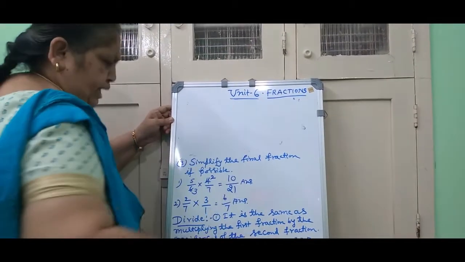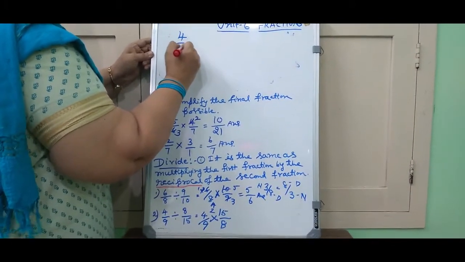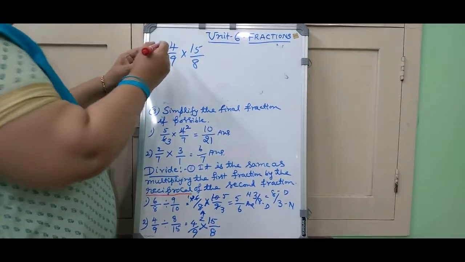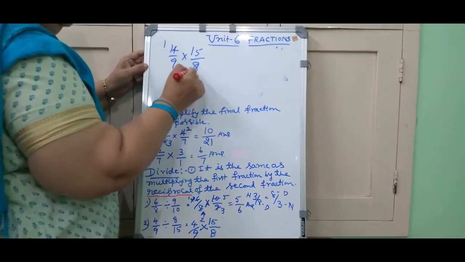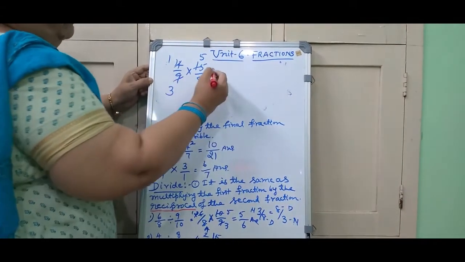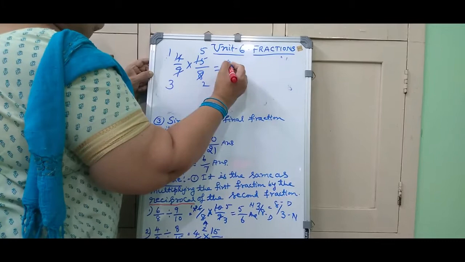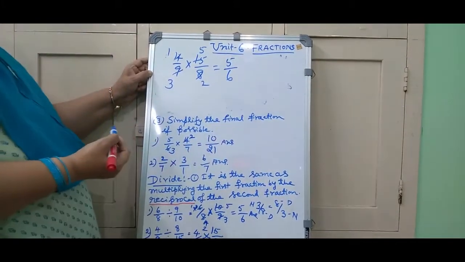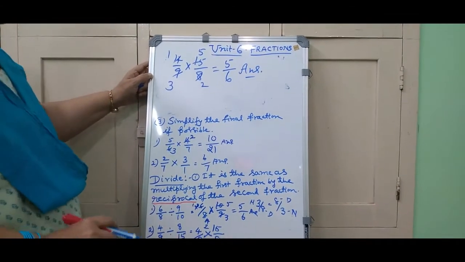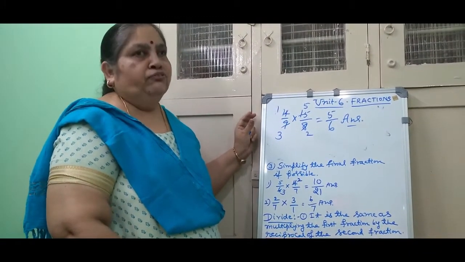So here let me write that once again, that is 4 by 9 into 15 by 8. Here I can cancel this 2. 4 1s are 4, 4 2s are directly, and again 3 3s are 9, 3 5s are 15. So now we cannot simplify this further. So this is 1 5s are 5 and 3 2s are 6. So 5 by 6 is the final answer. So this is how we multiply and divide the given fractions.